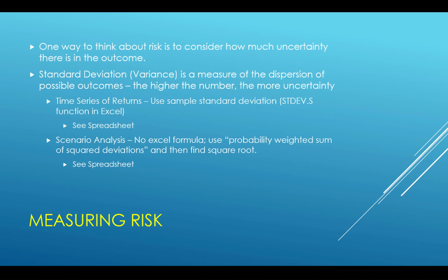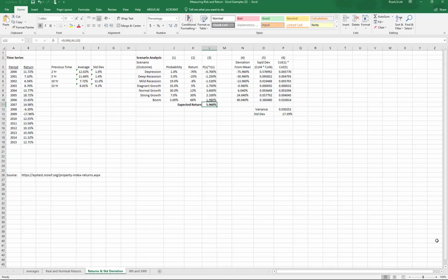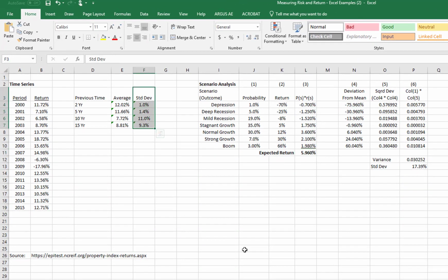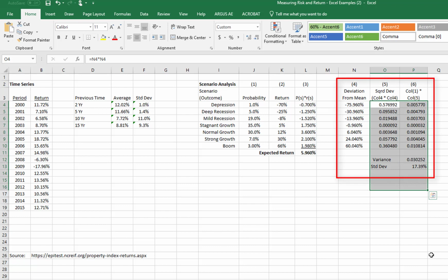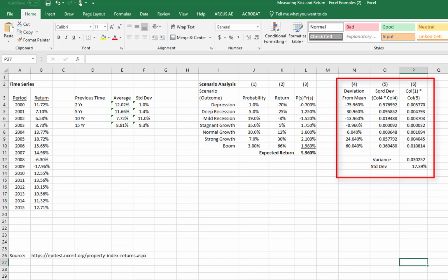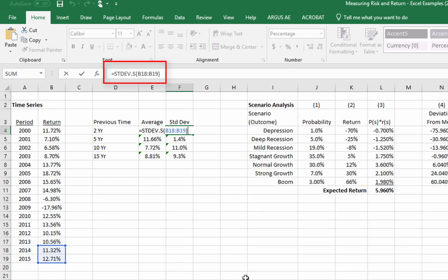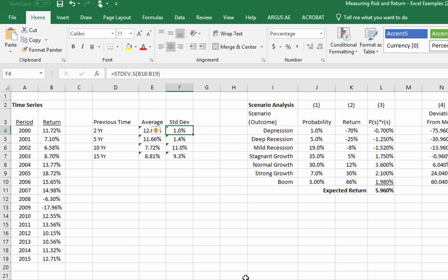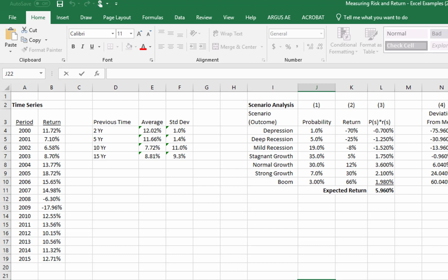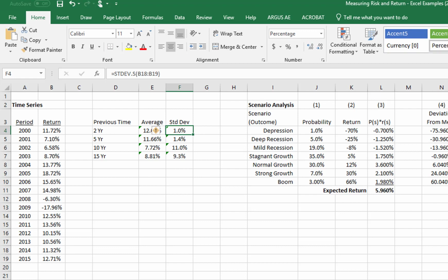So let's go back to Excel, to that spreadsheet that we were looking at before. And now we're going to look at the standard deviations. So these numbers here, and then this calculation over here on the right. With standard deviation, we're just going to use, as I mentioned, the standard deviation function, and we highlight the cells that we want to find the standard deviation of. So if we look at the 2-year average returns, we have a 12.02% average for those 2 years, and the standard deviation is a measure of how far apart those two returns are. If you look at them, they're actually quite close, 11.32 and 12.71. There's a pretty tight spread there to get that average of